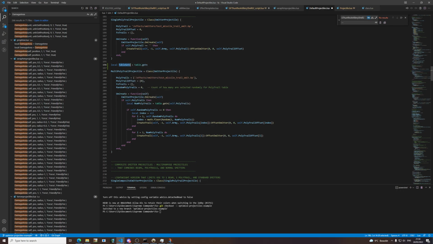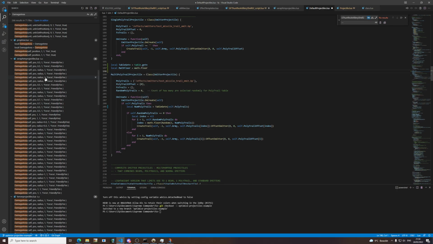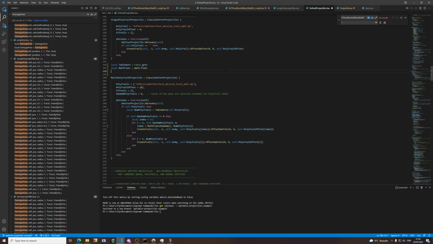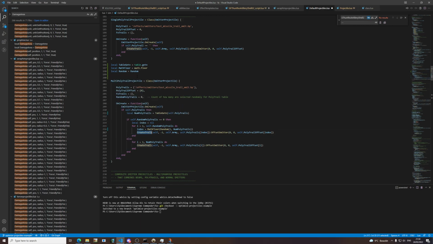And like last time, the global call is still being done, but now when the file is loaded and not when the file is used continuously. Right, so that's the difference here. Then we've got random poly trails. We've got math4, so local math4 is math.4. Then we've got this random call here, local random, and we've got this create trail, create trail. And then we've got this offset emitter,